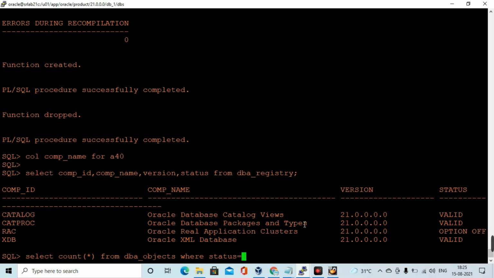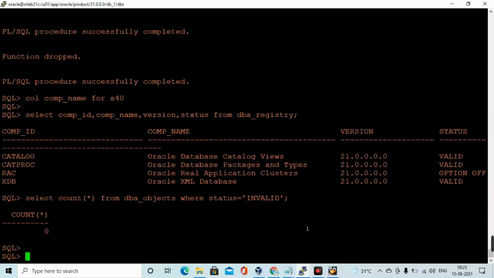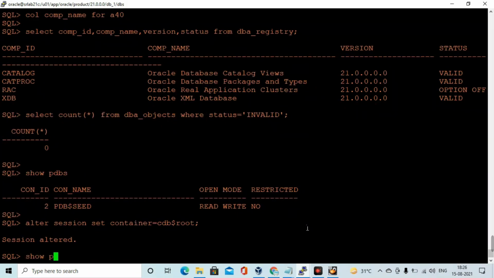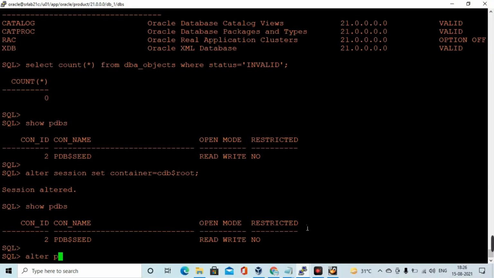So there will be no invalid objects. Everything looks good so far. And then now what we need to do, the PDB seed container, we need to close it and open it in read-only mode. And again we need to do a clean shutdown and start up the database.